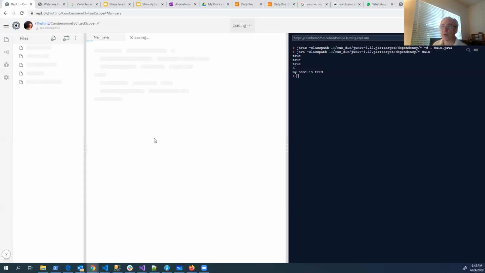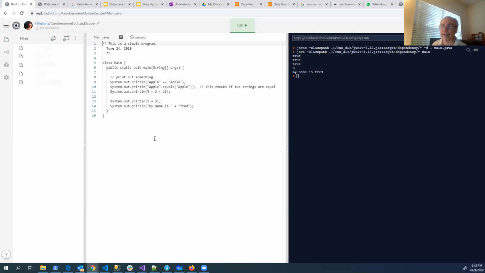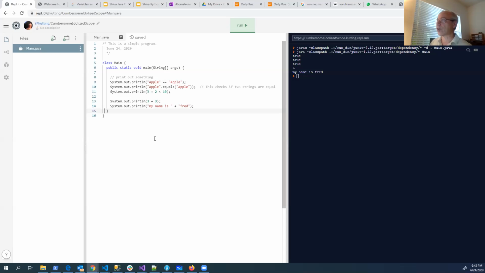Python is a great language for writing something very quickly and just trying things out. But Java tries to make more of an effort to make sure that your code is correct.